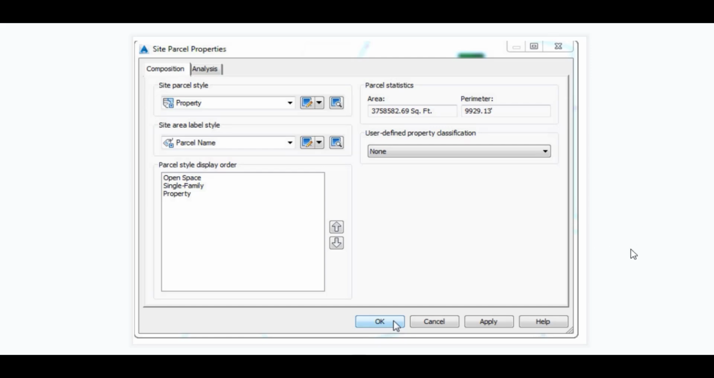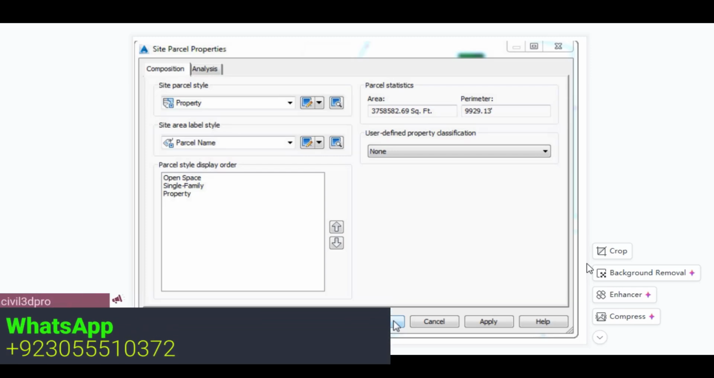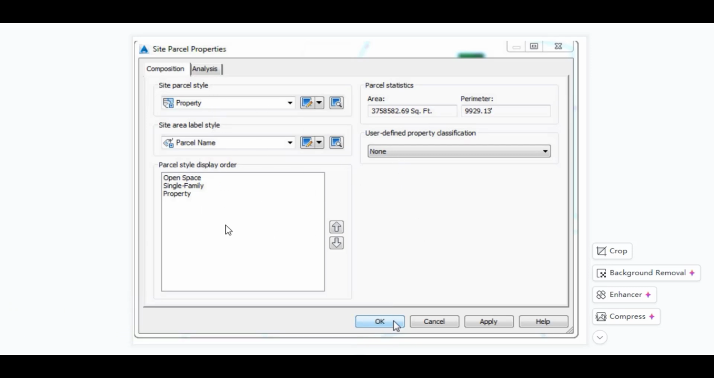Like all Civil 3D objects, parcels utilize styles. With parcel style, we can also assign different layers, colors, hatch patterns, and other graphical properties to the parcel object to differentiate between parcel types. The default style for the parcels and its labeling are defined within the site parcel properties dialog that you can access by right clicking the parcel branch of the selected site in the prospector and then selecting the properties option. On the composition tab, which you can see in this figure, beside the default styles, we can also define the order that the styles are graphically displayed and the default user defined properties